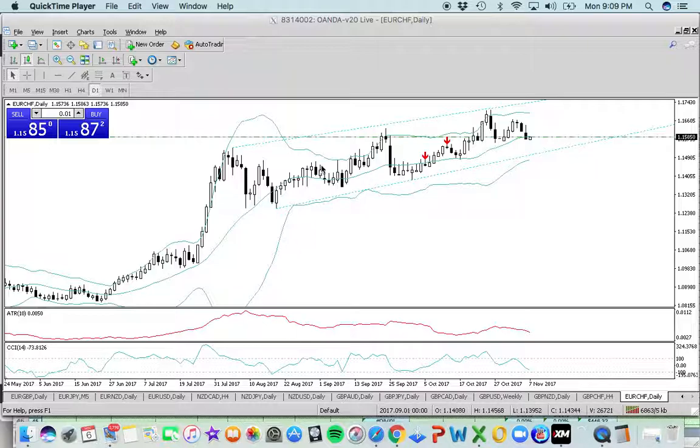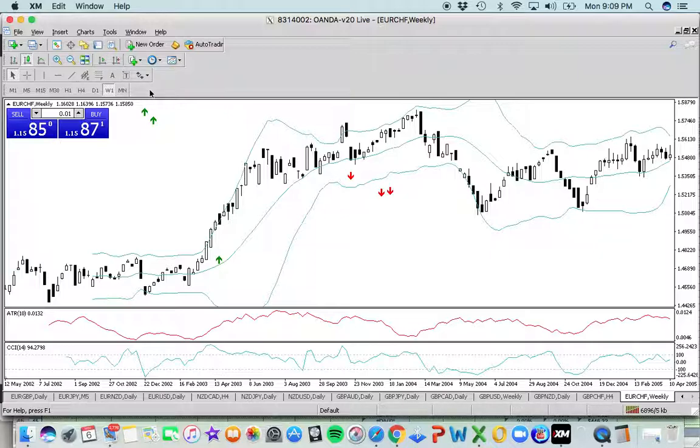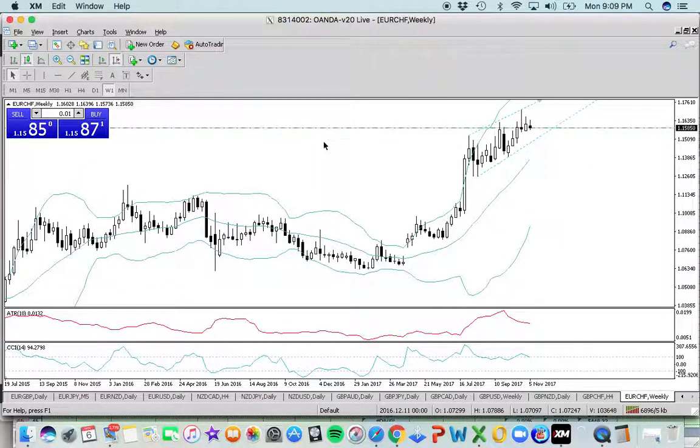Right now we're doing a setup for the Euro Chef, say Chef with the Swiss franc. It's off the daily chart. Let's go into the weekly to see if there's anything that I can mention here. Well, I see divergence here,